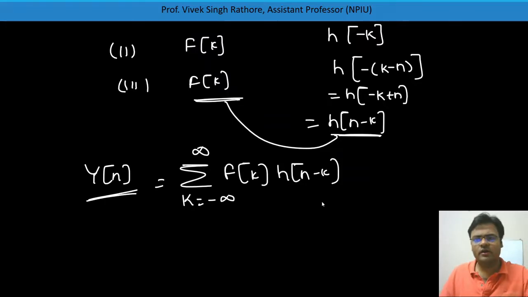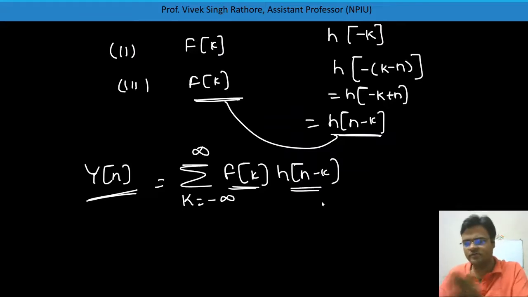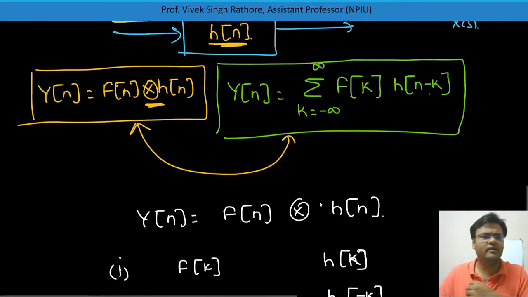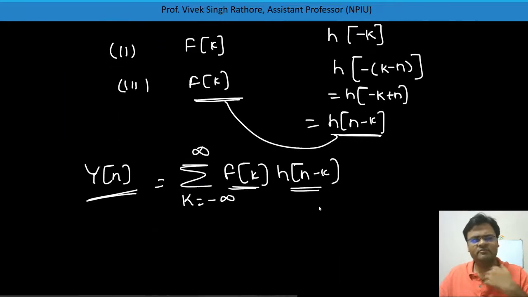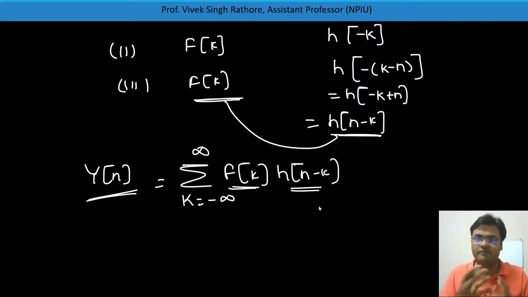So mathematically, we first change the domain for both signals, f of k and h of k, first step. Second step, you time reverse your h of k and shift it. Shift where? To the right hand side. So first you do the reversal and then you shift. This is all about convolution, and if you understand this basic concept now, then you will be able to solve discrete time LTI systems and use the convolution property. It is the longest method, the graphical method which I am telling you, but after that